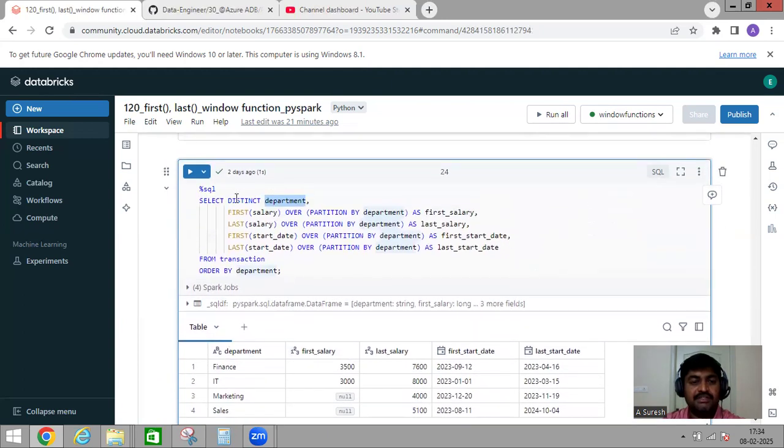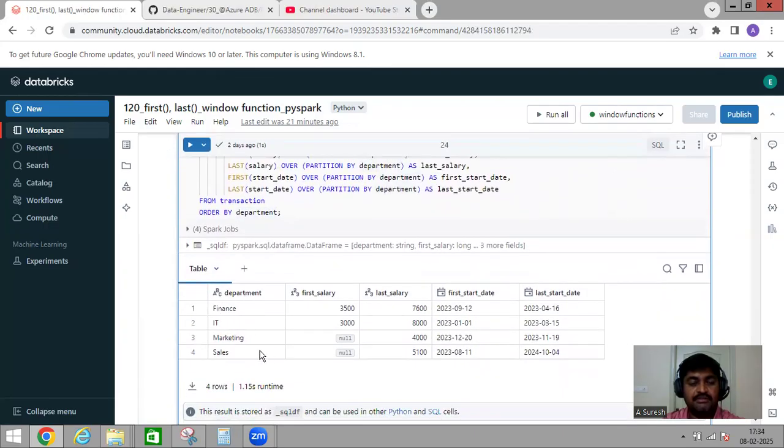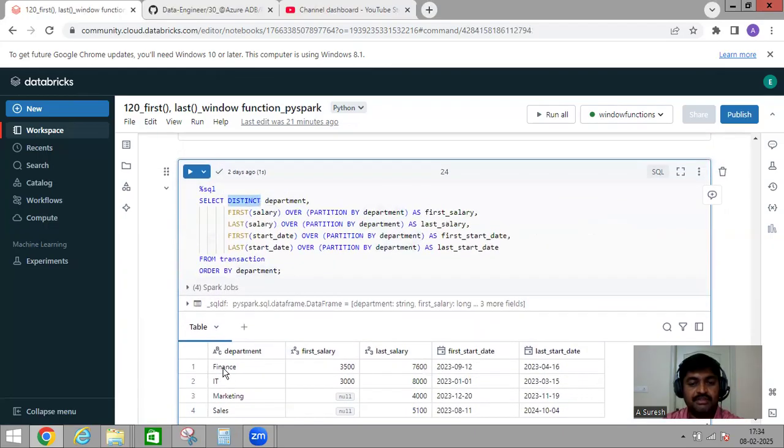And since I gave distinct, it will give you unique values, group wise, or you can say window wise. So for the first department, finance, I want to find out what the first value is. Okay, so first value of the salary column,